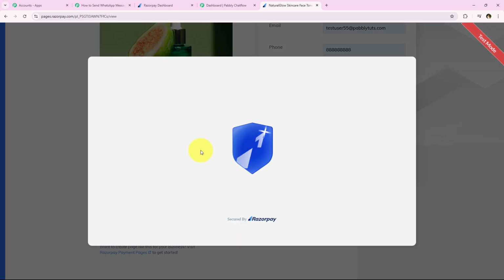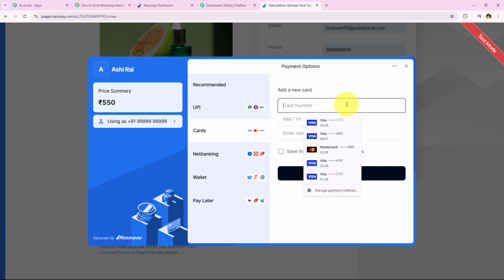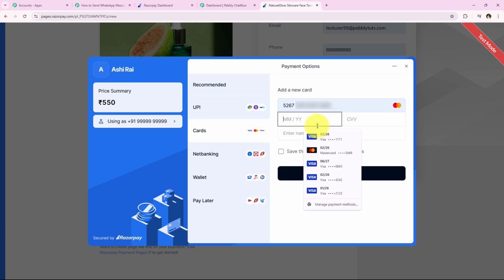As soon as I click on this Pay 550, it is asking me for the payment method. Now I'm going to select my payment method as cards right over here. We're going to enter the card details over here. Alright, so I'm going to enter all of my card details, and then we are going to click on